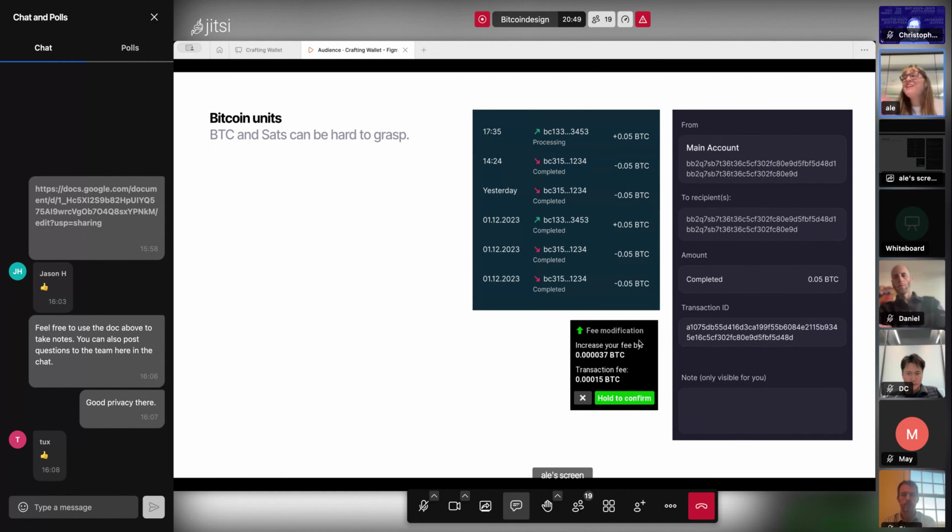For example, the famous example of my cousin, who bought Bitcoin and wanted to pass money from one wallet to another wallet. She wanted to send everything, and at the end they were asking her for a fee of 0.0004 Bitcoins.